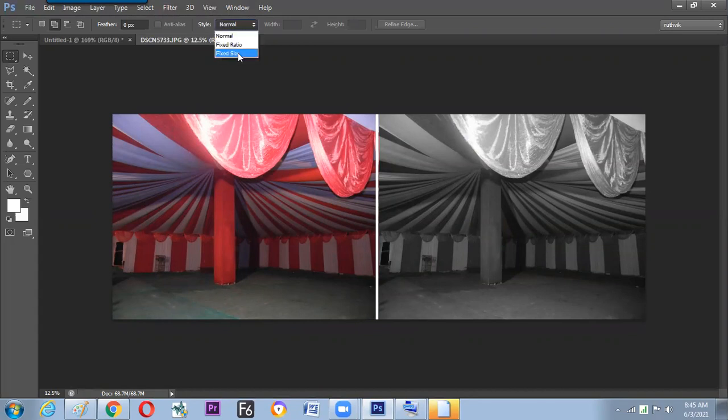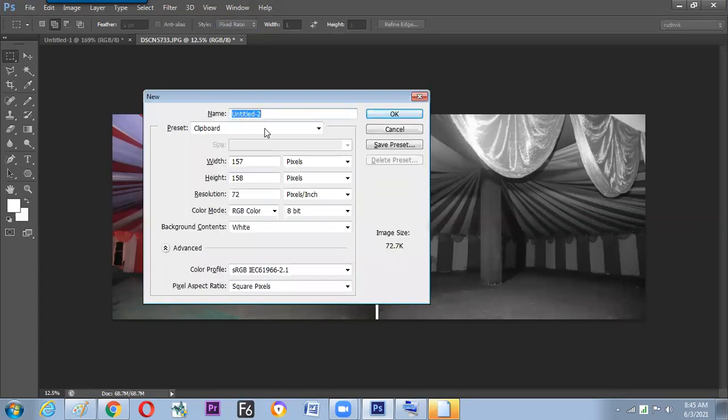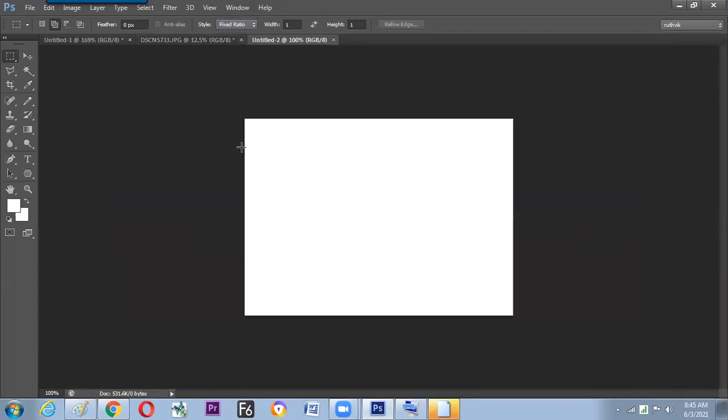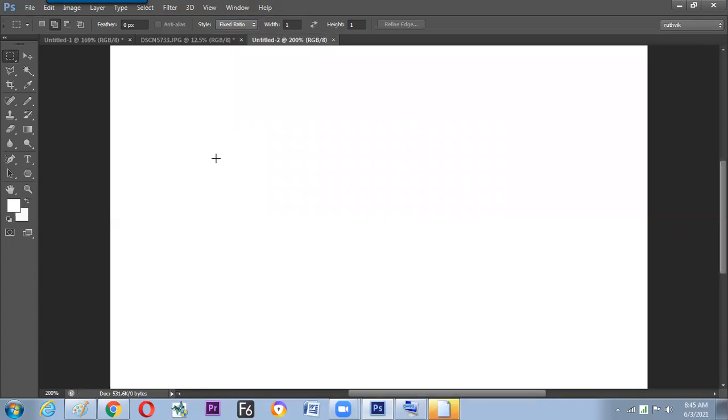We have seen now two options, normal and fixed size. We'll go to the fixed ratio. Fixed ratio, as the name says, ratio means it is a division, right? We have learned in our school days that ratio always happens with the division of two numbers. What is happening over here?